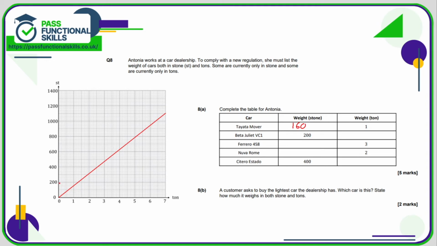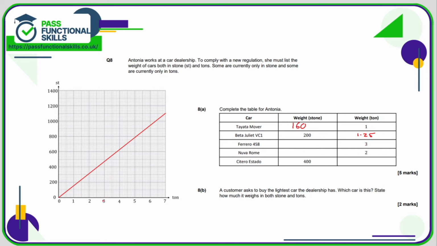200 stone, let's find 200, and it's hard to see exactly where this cuts through, so let's have a closer look. Here's 1.0, 1.1, 1.2, 1.2 or 1.3, should we call it 1.25 and split the difference? I'm sure 1.2, 1.3 will also be acceptable. Actually, I believe in the mark scheme they have written 1.28. I have absolutely no idea how you're supposed to see that level of accuracy, but anyway,